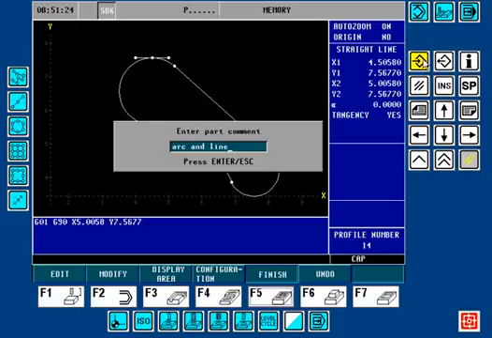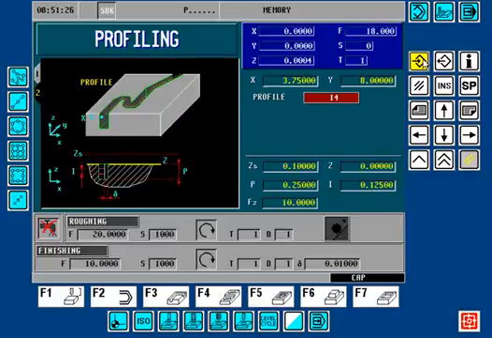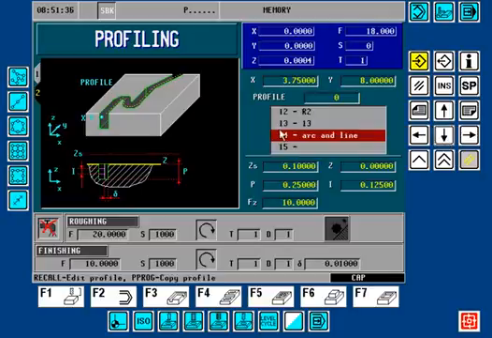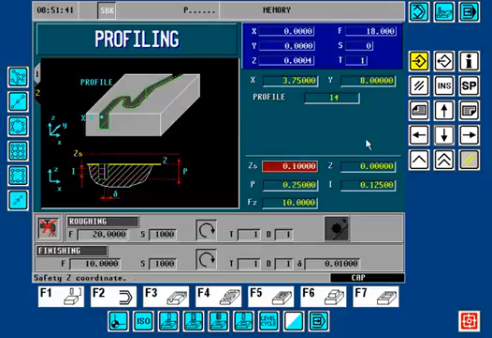And by pressing the enter key, we now escape from the profile editor. We have profile number 14 already saved. Okay, if I hit the down arrow key, you'll see that here's our project. Number 14, arc and line. Press enter. We've selected it. Down here, we have the Z start,